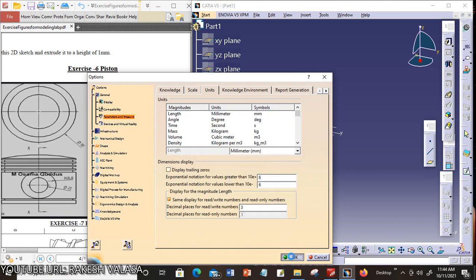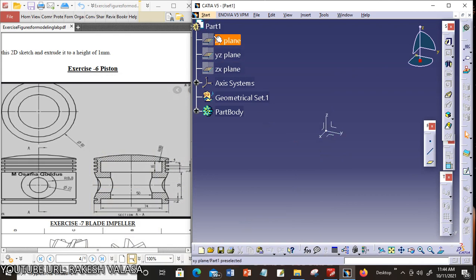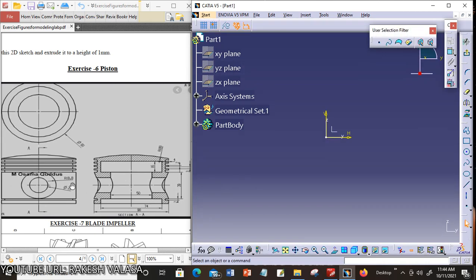Then click on OK. In the specification tree, you have to choose the YZ plane because the YZ plane represents the front view of the given figure. Now I am choosing the YZ plane. Now click on the sketch tool. Now draw the rough sketch for the right side half part of the front view.